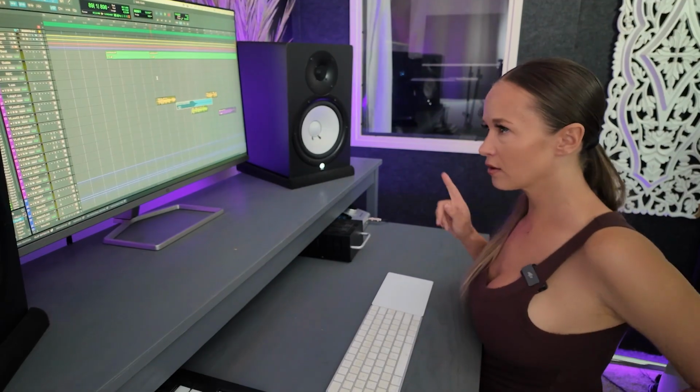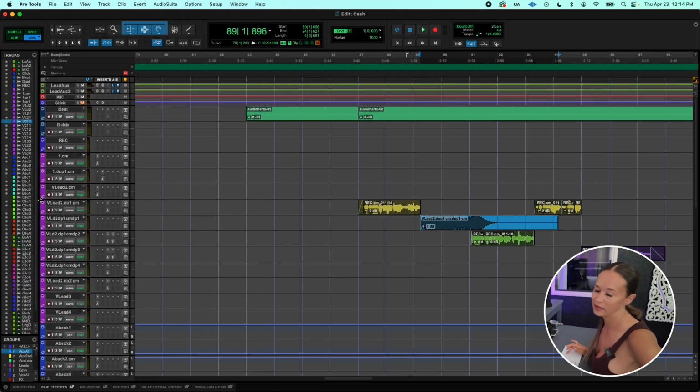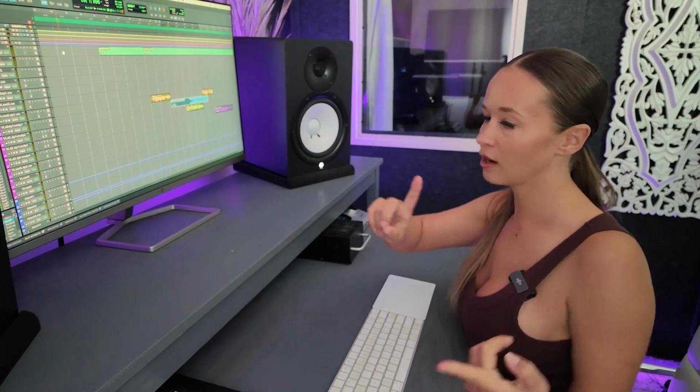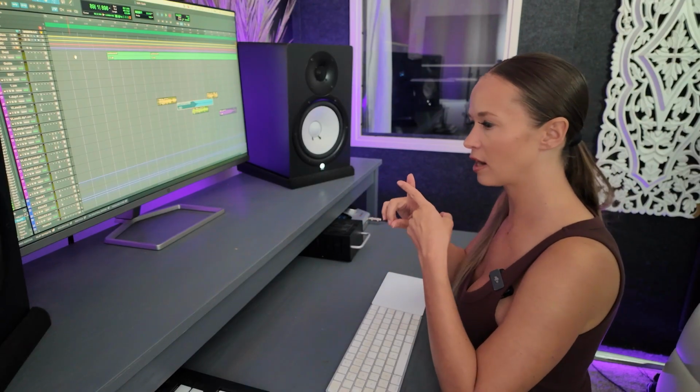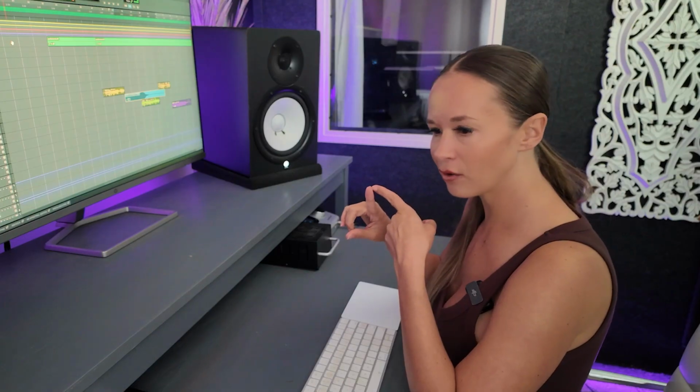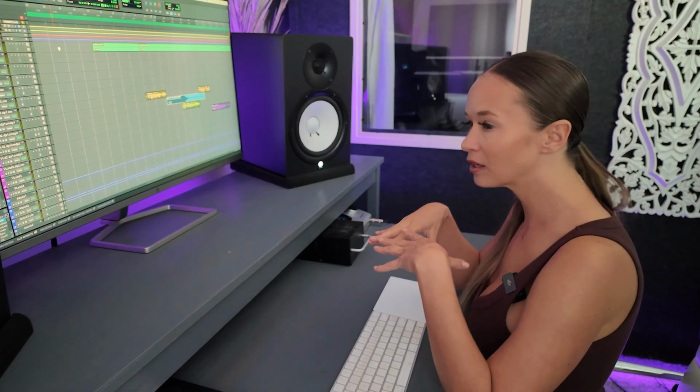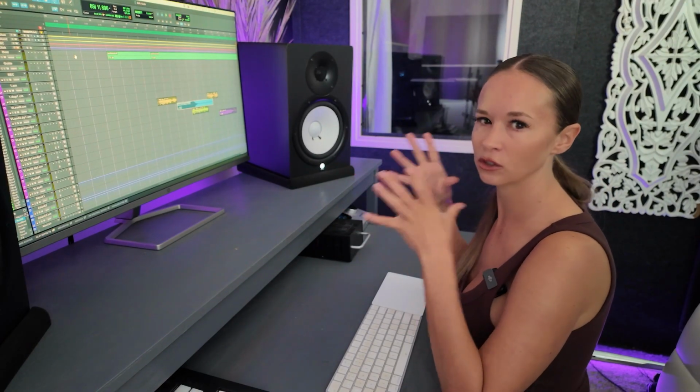Okay, another issue that a lot of beginners can run into: we often will just drag the audio of the instrumental into the session and drop it on a track. Most of the time that is fine, but if you bring in a track that has a different sample rate from your session, like a 44.1 track coming into a 48K session, sometimes Pro Tools accidentally doesn't convert it. If you're hearing the audio slowing down, warping, sounding higher pitched or lower pitched, or the timing just feels off on your instrumental,